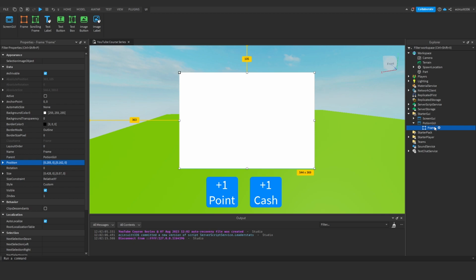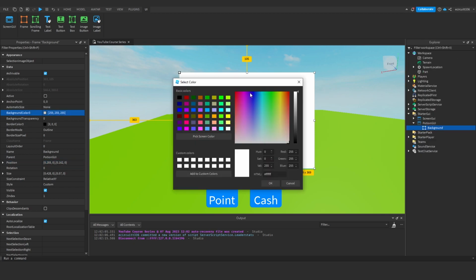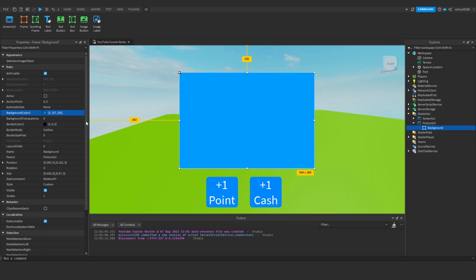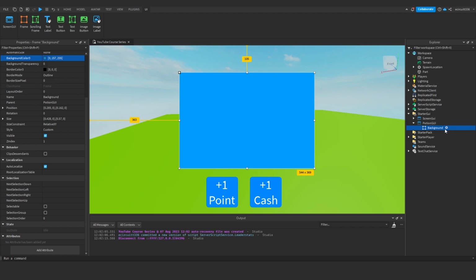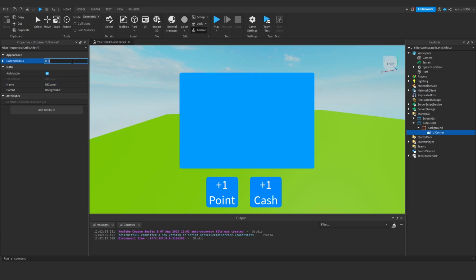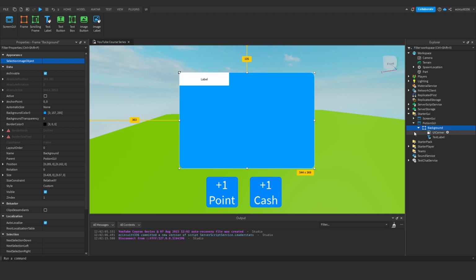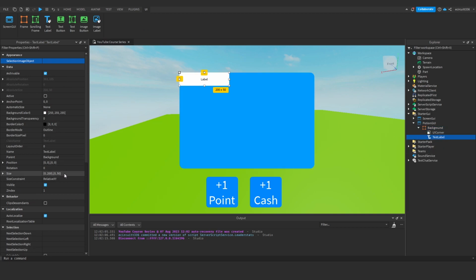And this frame I'm going to rename to Background, and I'm just going to change the color, play around, get the colors I want until I'm happy with everything. I'm going to add in a UICorner of maybe 0.10, not even that, 0.050 maybe. And in this background we're going to add in a text label which will have size